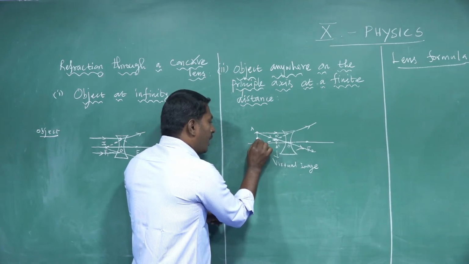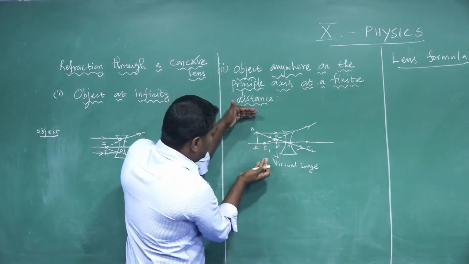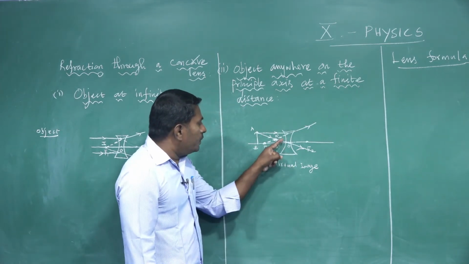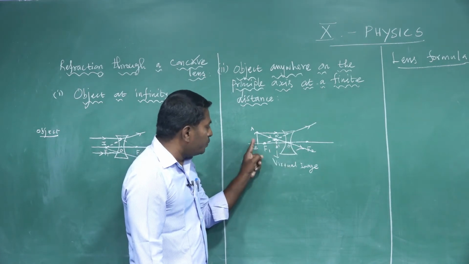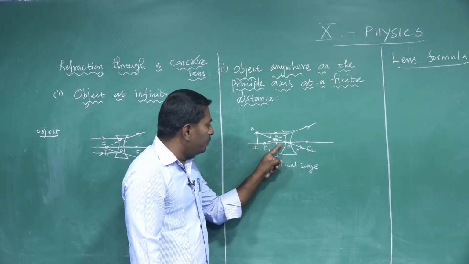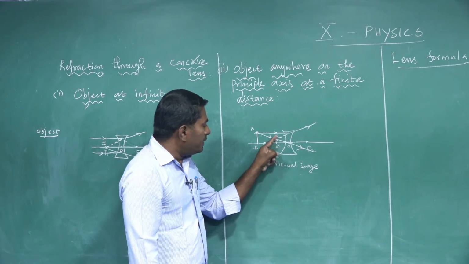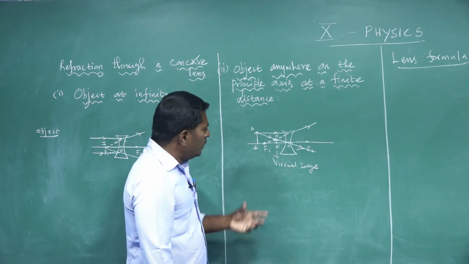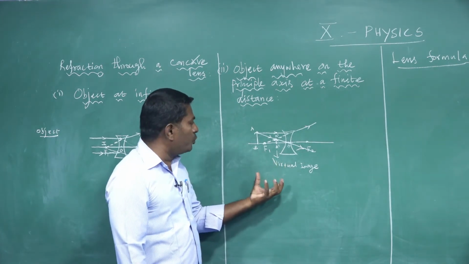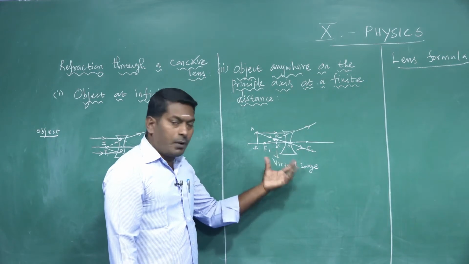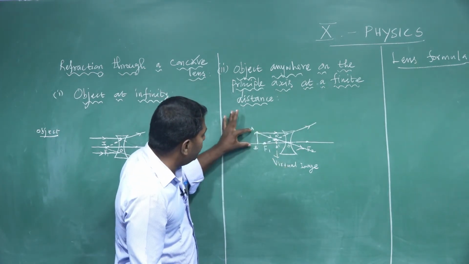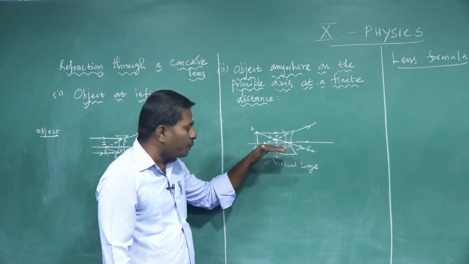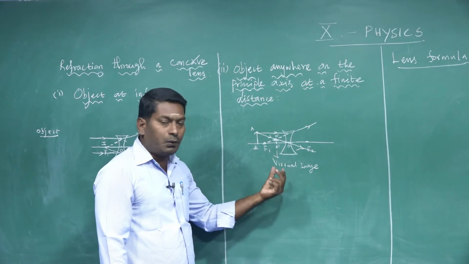See, the object is directly above the principal axis, and the image is also above the principal axis. So the image formed by a concave lens in this position is a virtual image, an erect image, and the size of the image is smaller than the size of the object. So in this case, the magnification produced by a concave lens is a smaller value, because the image size is a lesser value and the object size is a greater value. The magnification of a concave lens in this case is less than 1.